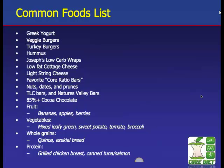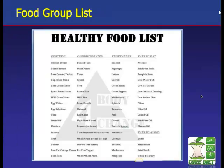So these are staples that I would recommend, and adjust it and tailor it to yourself, that you keep on stock all the time. And there should be no reason why you can't throw together some sort of meal if you weren't prepared. Food group list. So this is just an example. Mine looks slightly different. So this is broken down into your proteins, your carbohydrates, your vegetables, your fat,